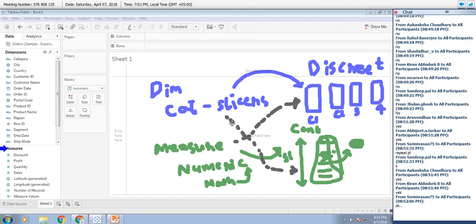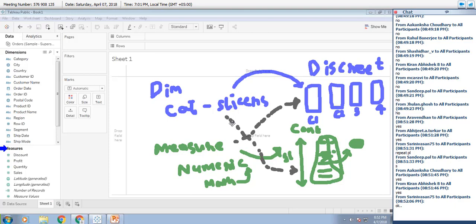Discrete in the sense that you can individually place them under their respective places, like north, east, west, south. Whereas sales is a number, a quantity that has to be represented over a range, so that will be continuous in nature.